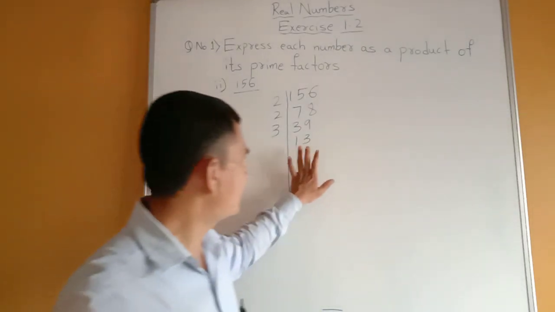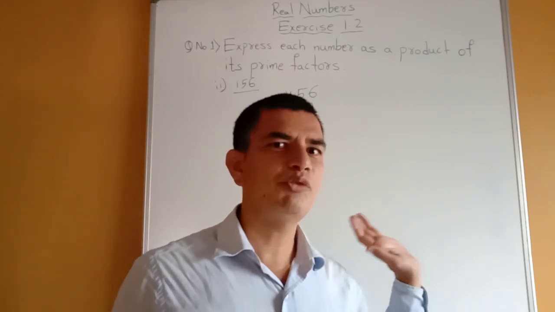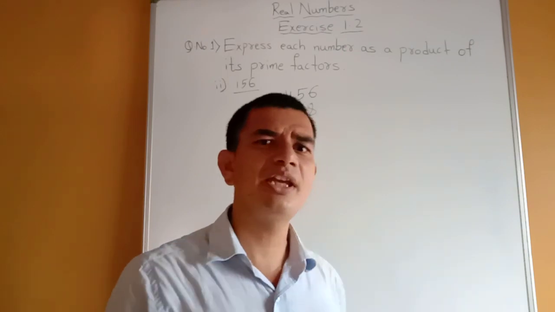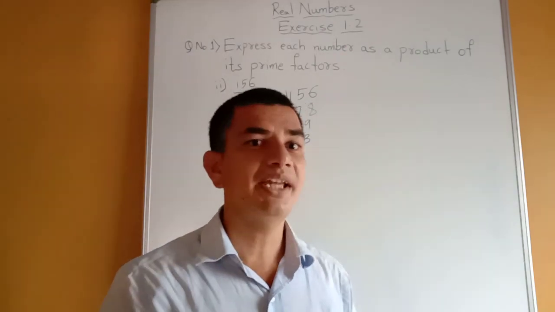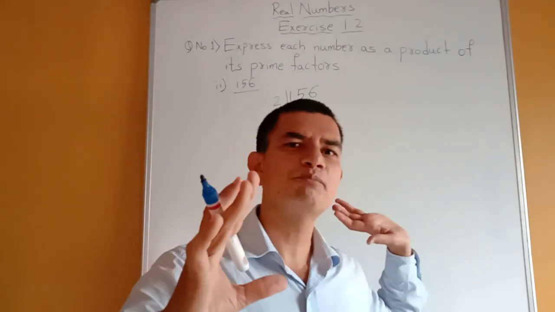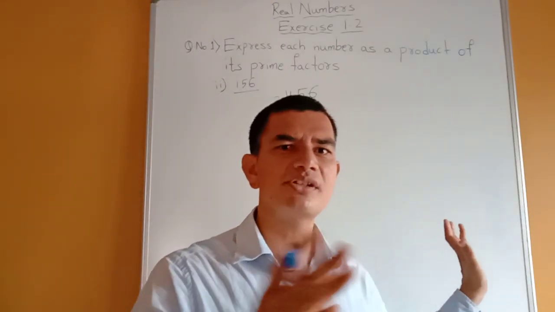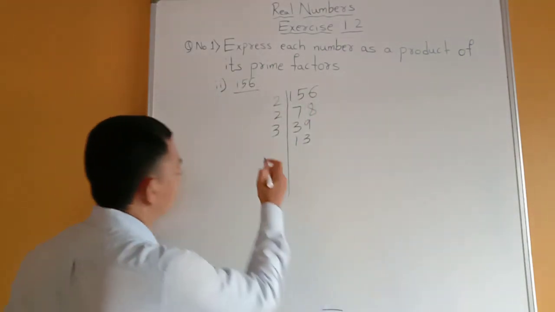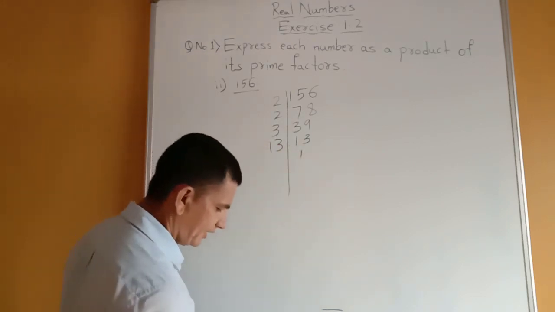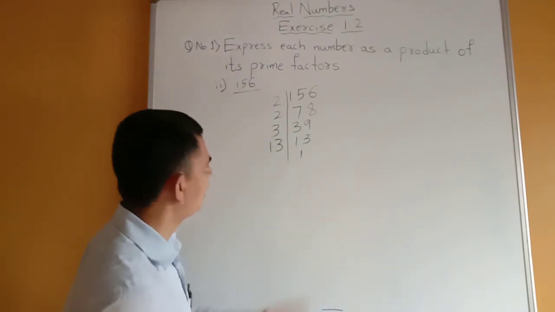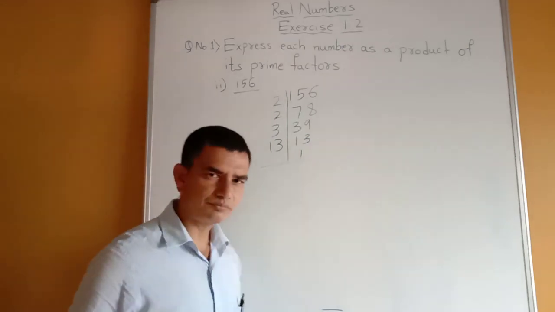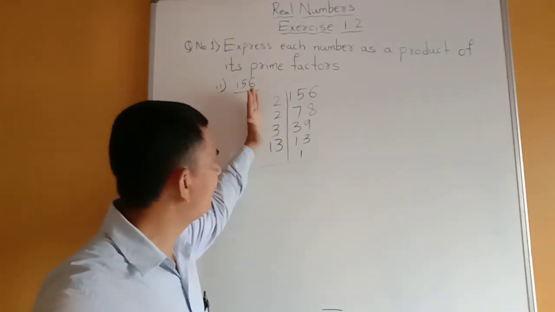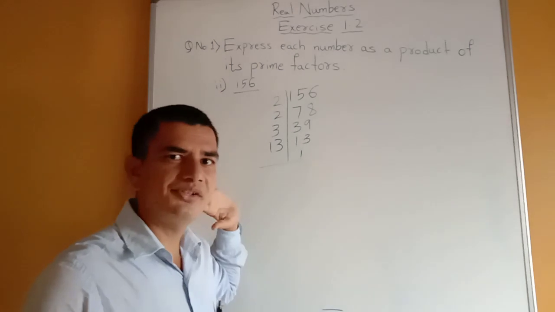Now students, let us see here 13. Already before I told you about prime numbers. One thing you have to remember: if you know the prime numbers from 1 to 100, then while doing these sums it is very easy to understand which is a prime number and which is not. If it is a prime number, we have to take the same number directly. 13 1s are 13. So here we got 1 at last, so we can finish here. Now we got the prime factors. These factors you can observe. These factors should always be prime.